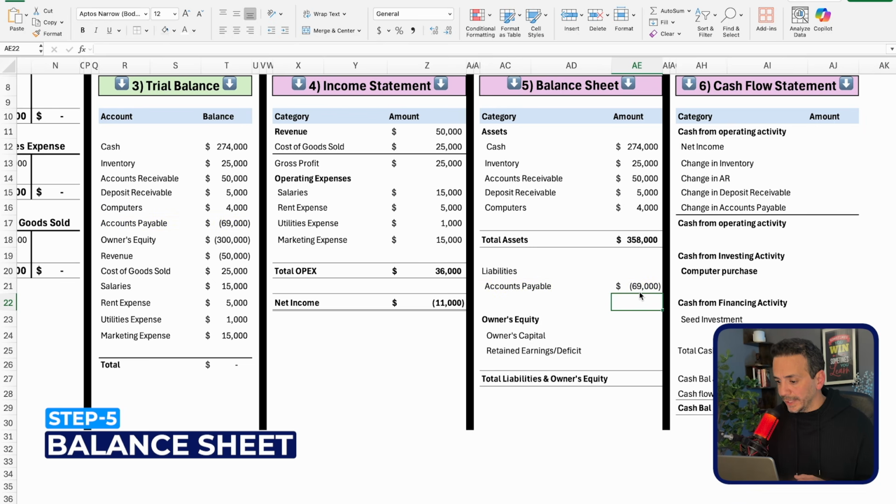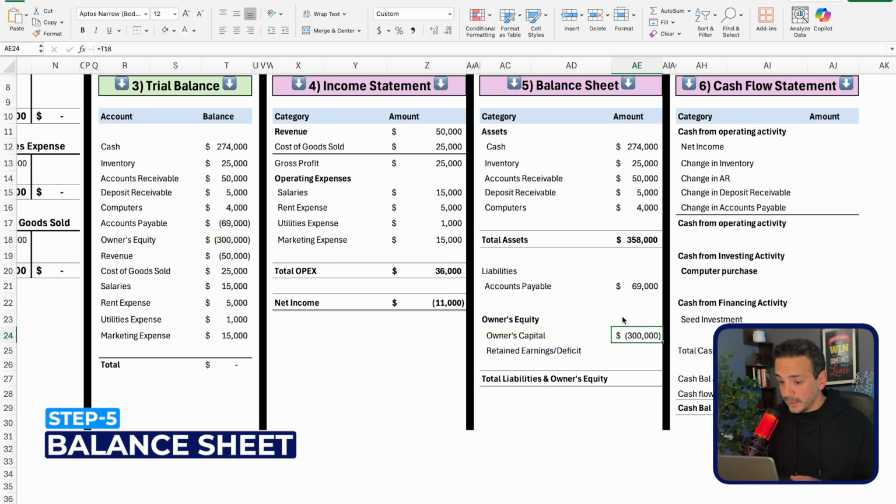Except we don't want it to show a negative. This is a formal financial report. It should be showing in a positive format. So we'll put in a negative in front of it. So that's 69,000. Owner's equity, we're going to be doing the same thing, equal to and pointed to the owner's